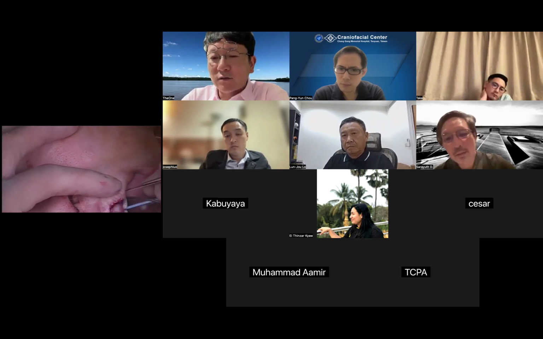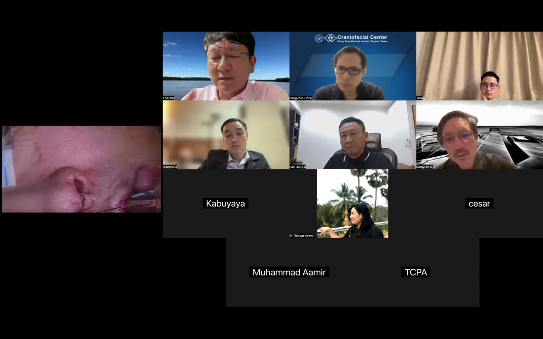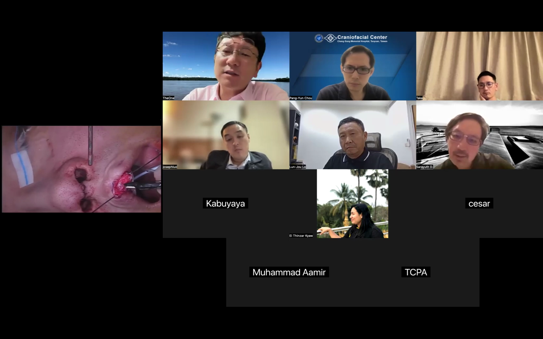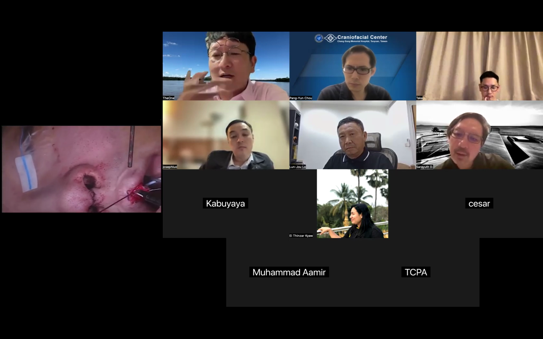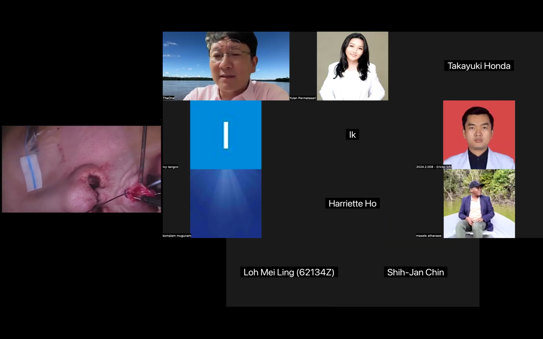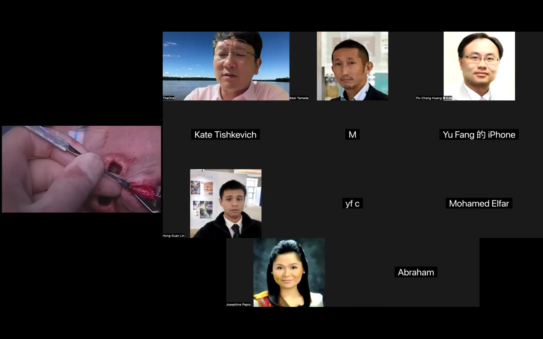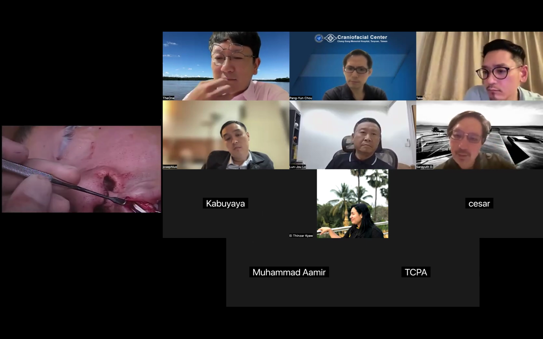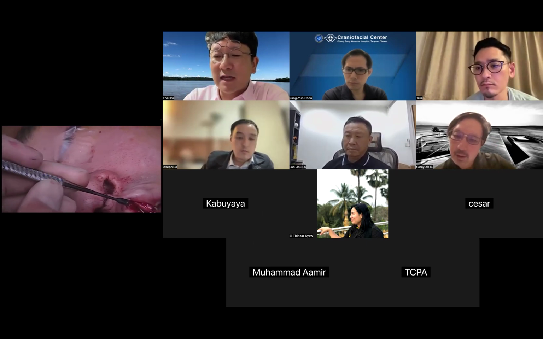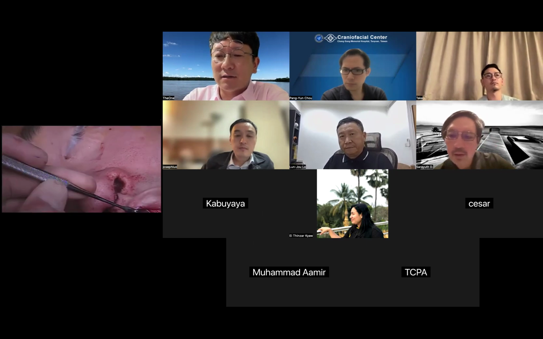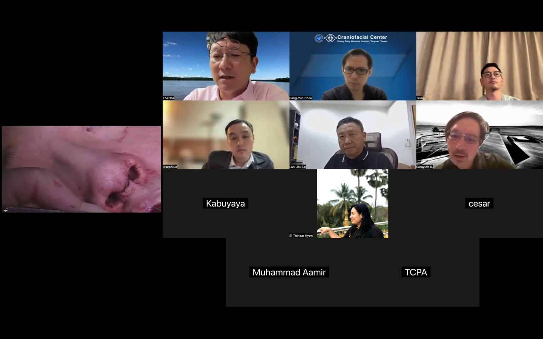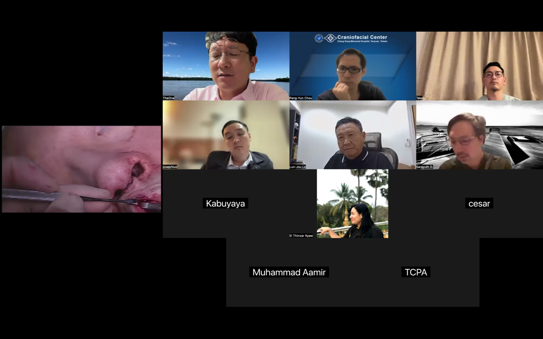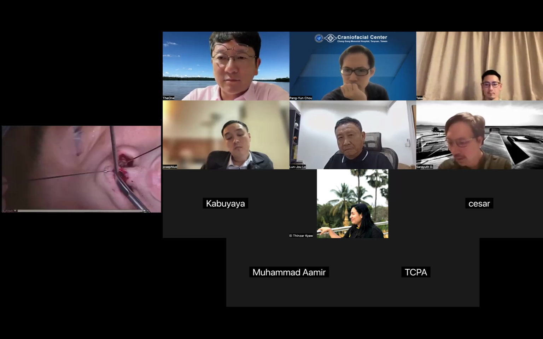rhinoplasty, recently I'm trying to create a three-dimensional shape of the philtrum. This patient's scar at the philtrum was not bad, but it had almost effaced during the several years after the first surgery. So I'm trying to create the philtral dimple at the center. I'm doing the dissection under the skin, without any incision over the skin. Dissecting like this, we can make a space between the skin and